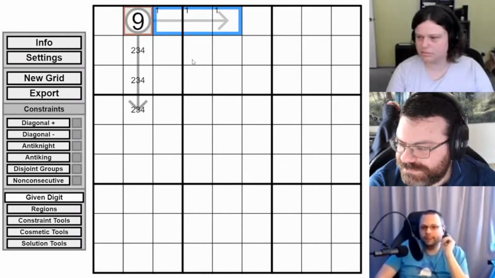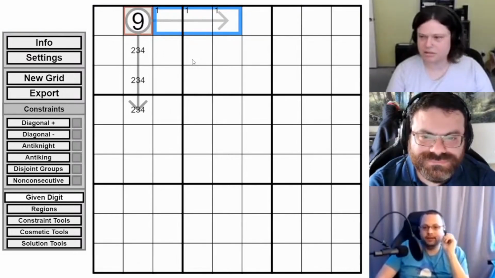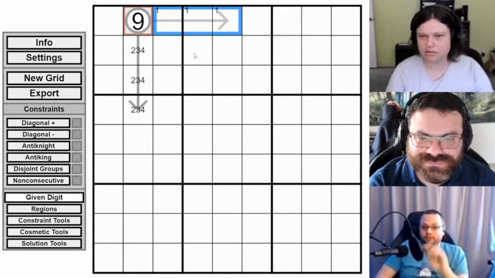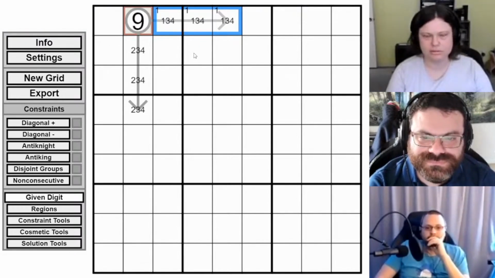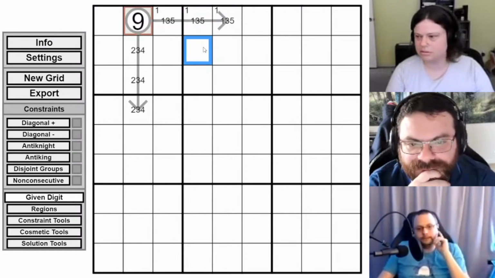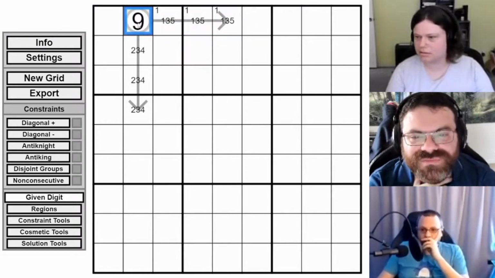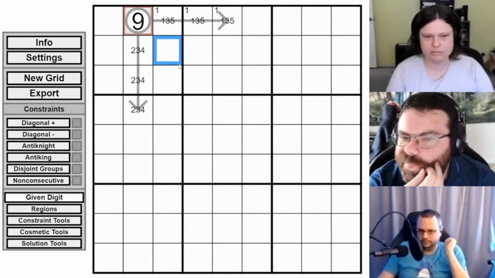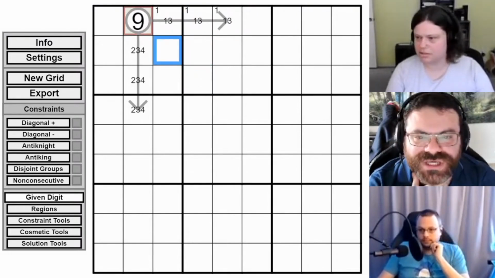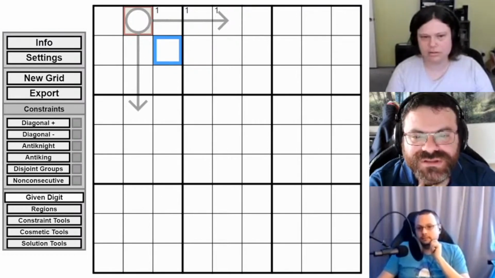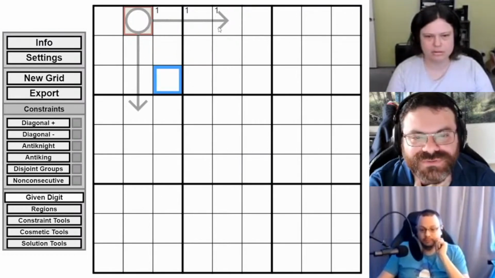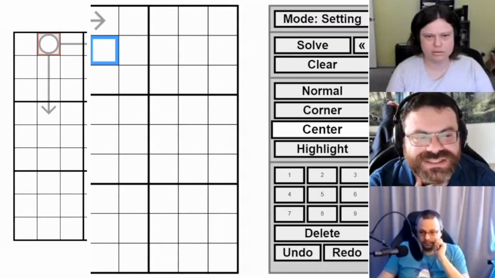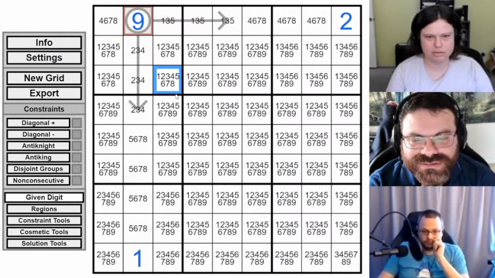And so we've got the 1 there. And so why can't... Peter, do you have a suggestion? There's a 1, there's no 2. So it has to be a 1, 3, 5. Yeah, there is a 1 and there's no 2, so it's 1, 3, 5. It could have been 8, but now that it's 9, it's got the 1 option. So Peter suggests we understand the true candidates now. It doesn't mean we have to use it, but it's good to understand why things are happening. But sometimes the surprising things are where you get the interesting deductions.